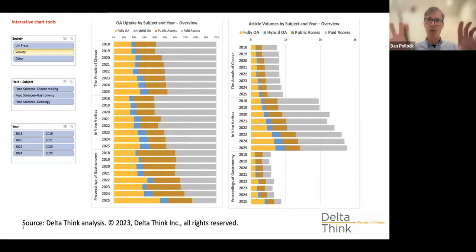So we find we often need to look at charts in pairs so you can get a sense of how much things are changing in the uptake, and compare that with how much of an effect, how much output those journals might have. And by bringing those two together, you can then start to think through, okay, so what might this mean for me? Where might my priorities lie?